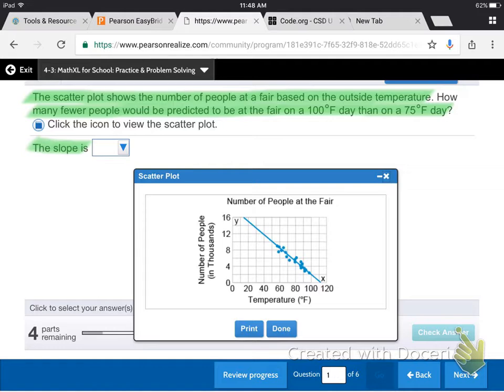So to do that, if you remember, the way we do it is we pick 2 points right on the trend line. It's going to be kind of hard to see which actual points the line goes through, and there's no table of values. So we're just going to take it visually from the graph. I'm going to take this point right here, and I'm going to take this point right here. Okay? And the coordinates are, let me shrink my pen down a little bit. The coordinates of those points are, well, you can see that